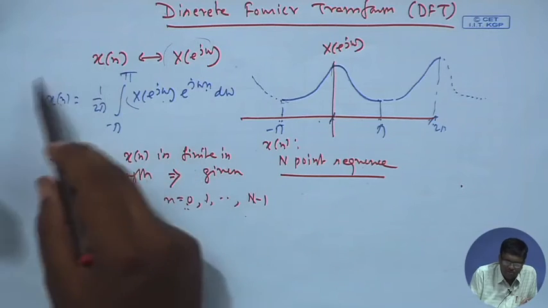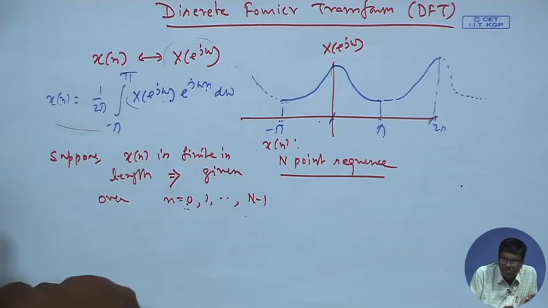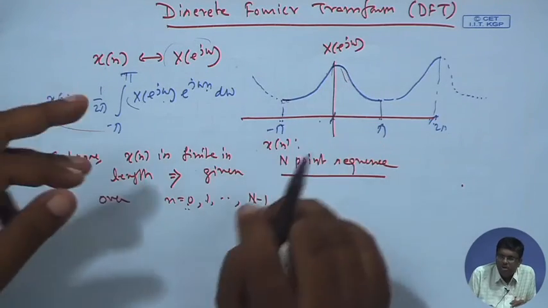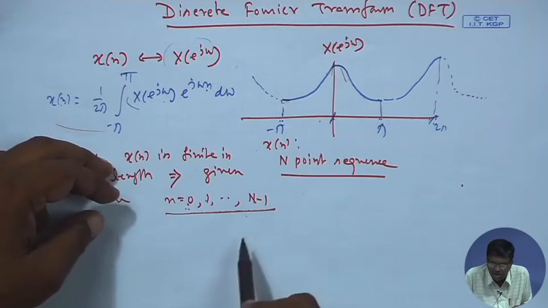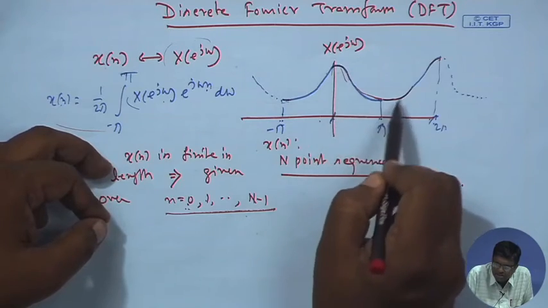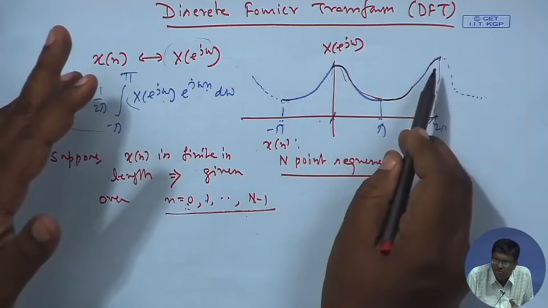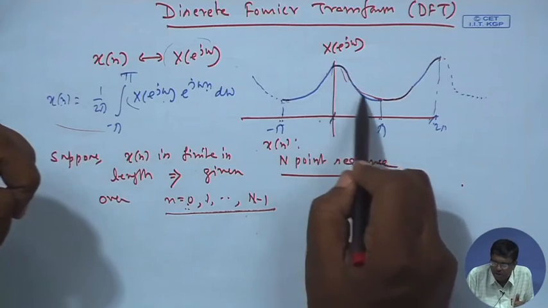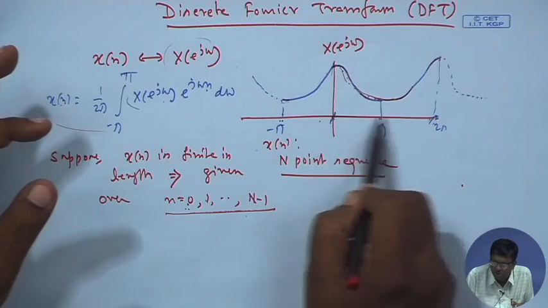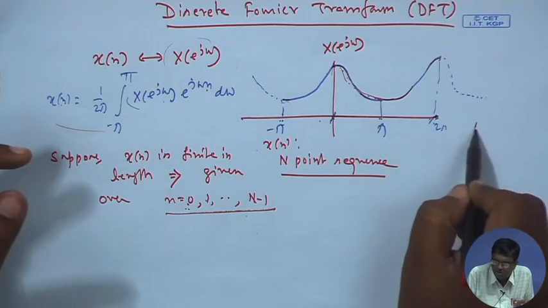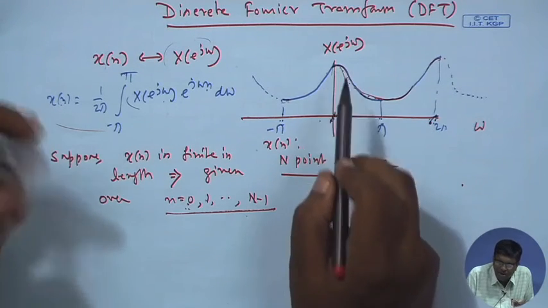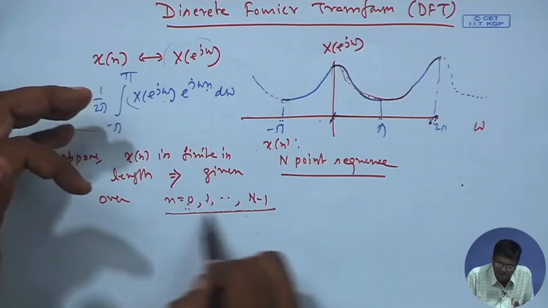To get that back, we should have this inverse DTFT, right. So, the entire waveform of the DTFT is required apparently, but now I make a claim that if this is given, I will not require this entire waveform, just some samples of this will be enough. In order to store the entire waveform, I need infinite memory, because how many values? From here to here, if you go continuously, there are infinite values of omega in this range 0 to 2 pi.